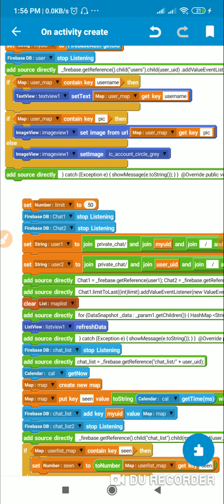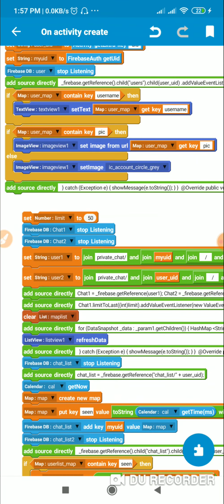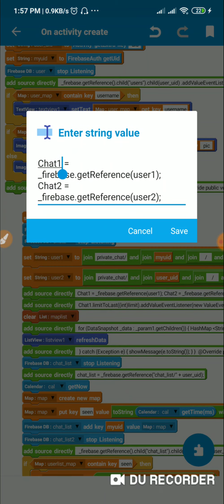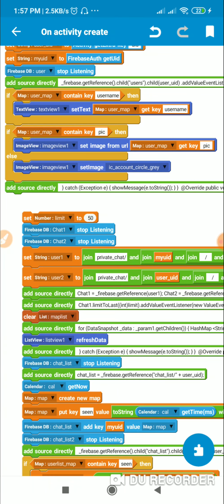Then user2 is set to private_chat/user_UID/my_UID. And then I define chat1 as _firebase.getReference user1, chat2 equal to _firebase.getReference user2.